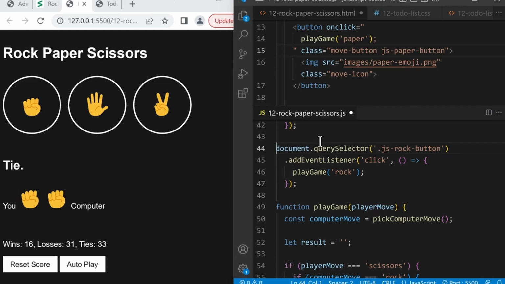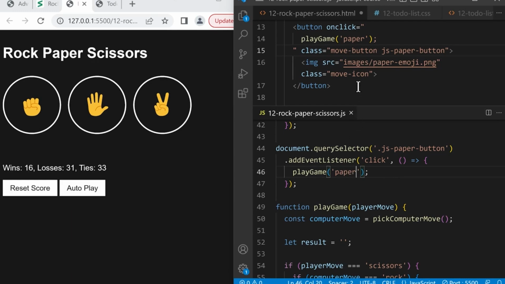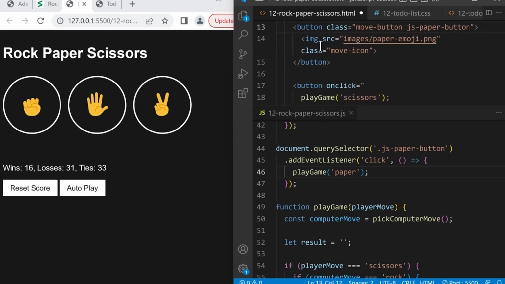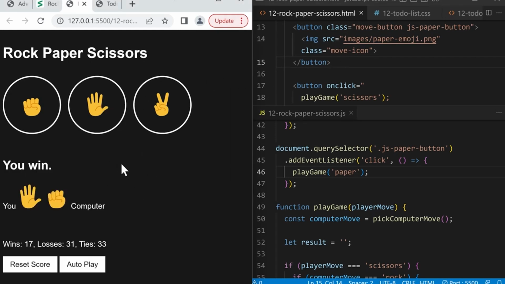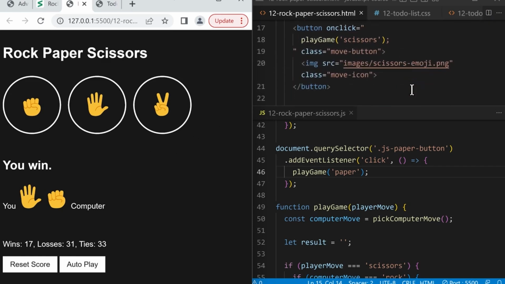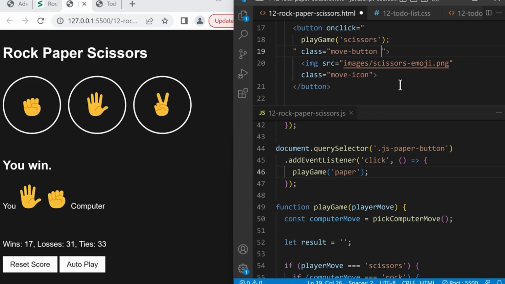And now we're going to replace the rock button with paper. And when we click this button, we're going to play the game with paper. Now let's save, and we'll remove the onClick attribute and save the HTML. If we click the paper button, it works as before. Finally, let's do the scissors button. So we'll add a class